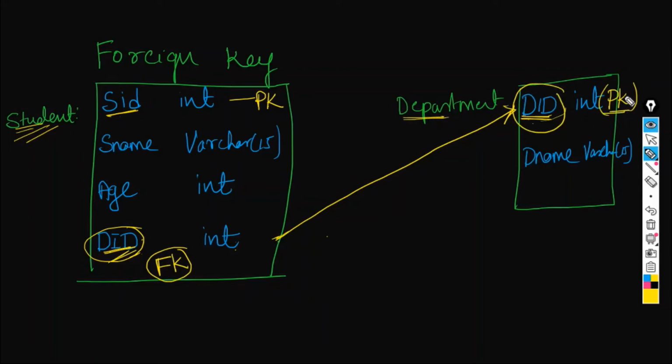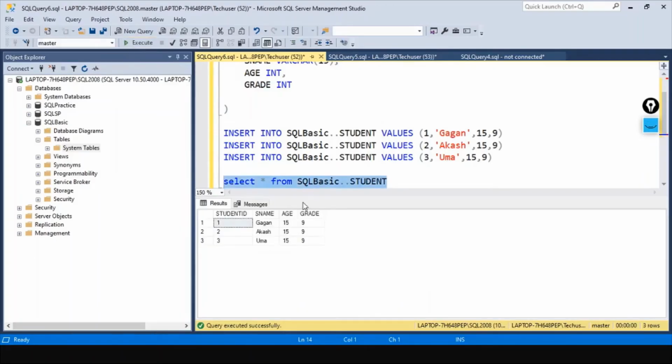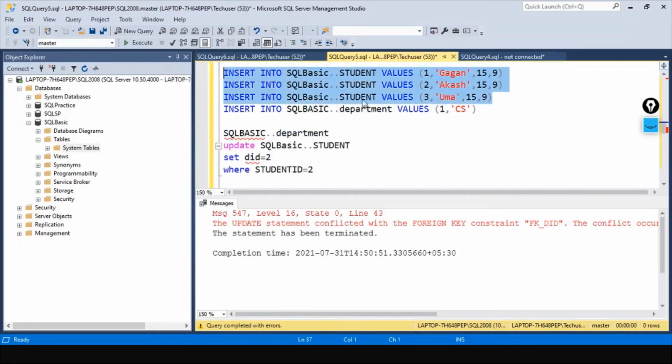Let's go ahead and try to create this. We already have this table with additional column, great. So we'll use the same table and let's go ahead and create, but we don't have any primary key and foreign key.